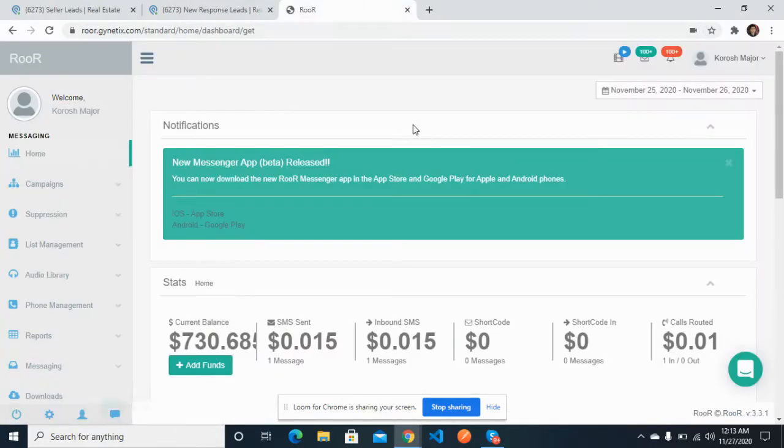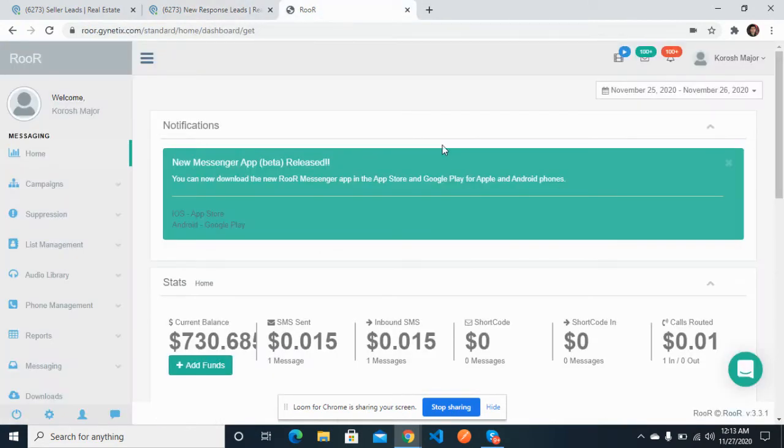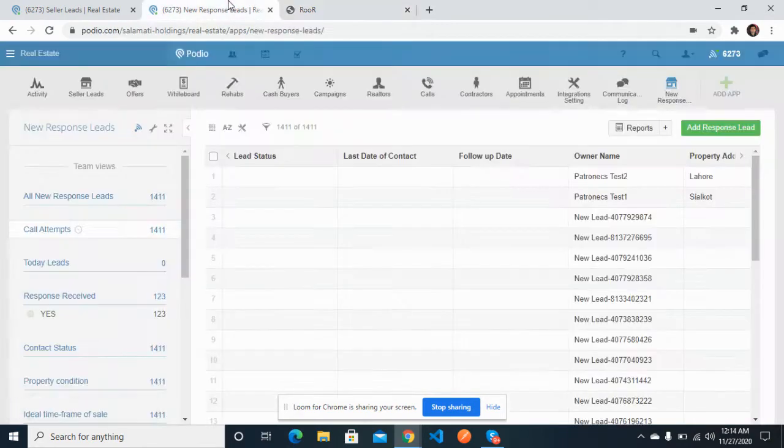So in this video I will give you the demo of how you can send and receive SMS using Roar that has been integrated with your Podio. For example, if you have a list of leads to which you want to send SMS, you will upload that list inside the Roar, and we have also added another app with the name New Response Leads